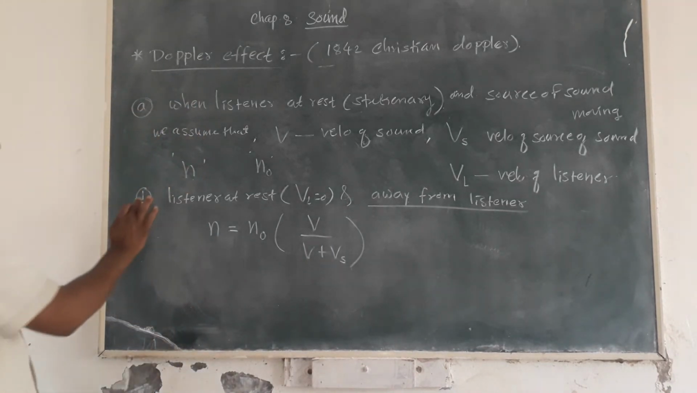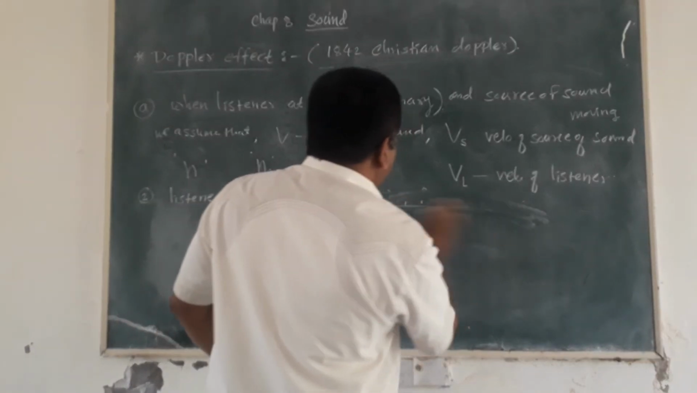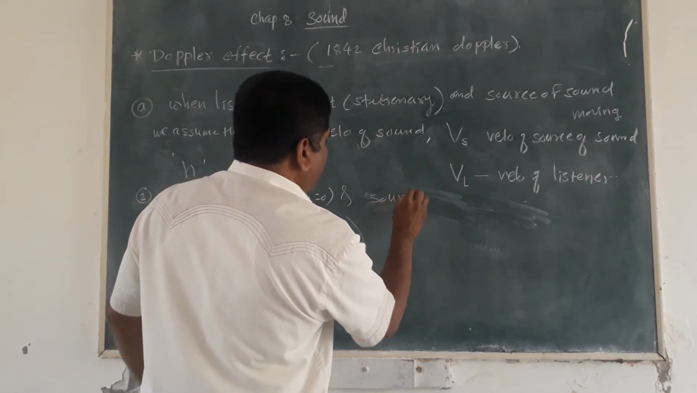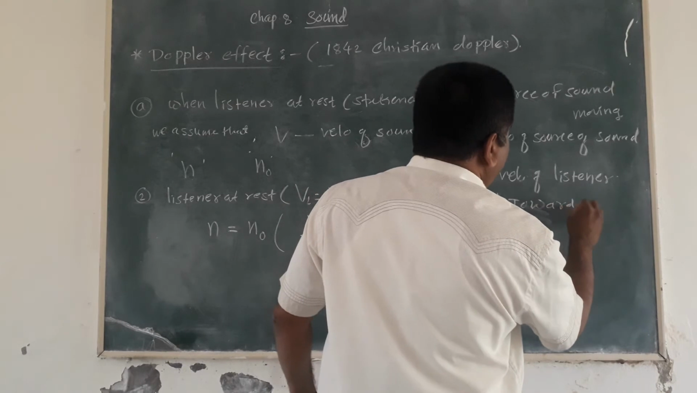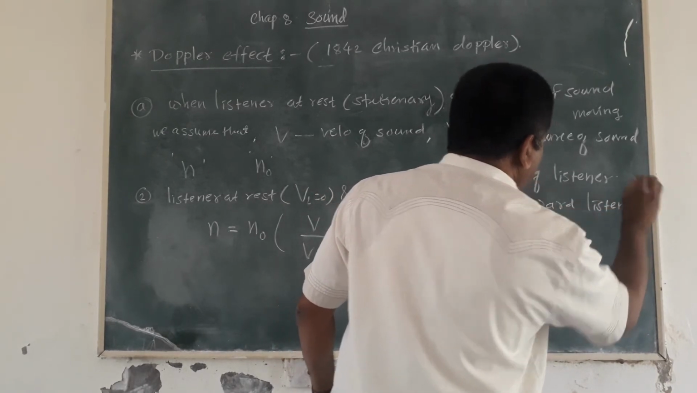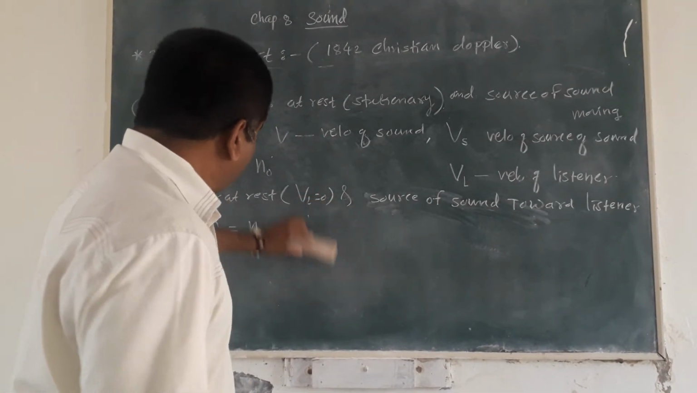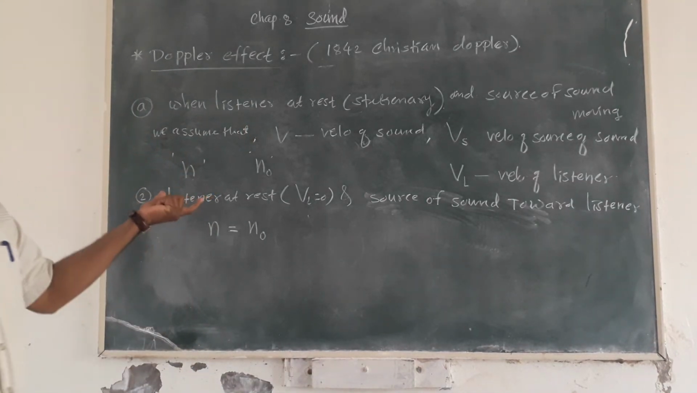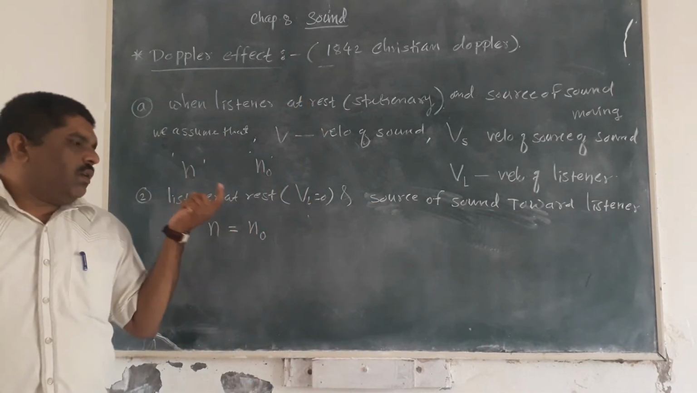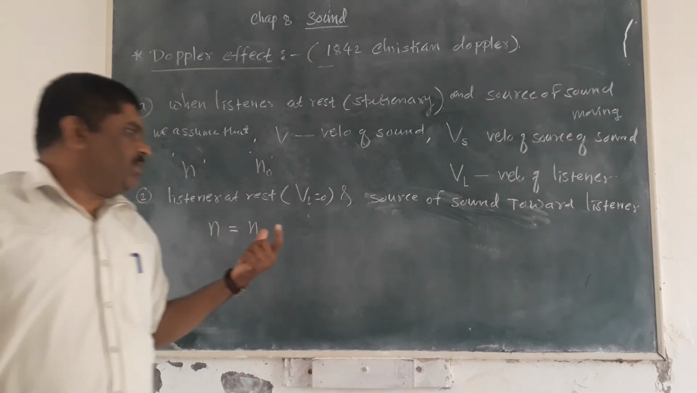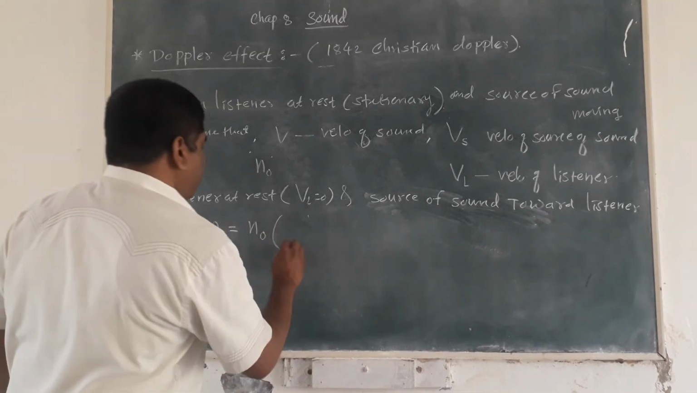दुसरा प्रकार आपण पाहू नंबर 2. याच्यामधला लिसनर ॲट रेस्ट, that is VL is equal to 0 and source of sound toward listener. दुसऱ्या प्रकारामध्ये काय येईल की लिसनर ॲट रेस्ट आहे पण दुसऱ्या प्रकारामध्ये सोर्स ऑब्झर्वर कडे येणार. अशा कंडिशन मध्ये द चेंज इन फ्रिक्वेन्सी इज n is equal to n0 V divided